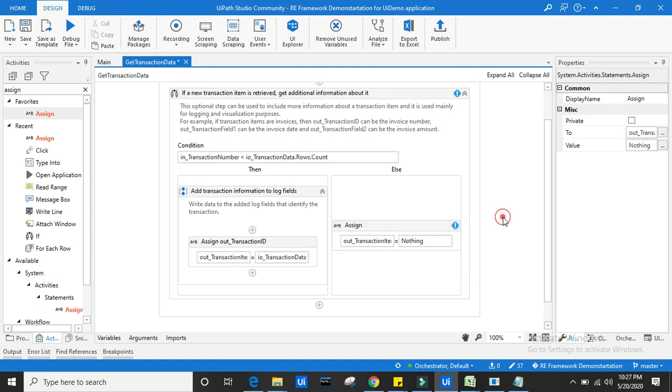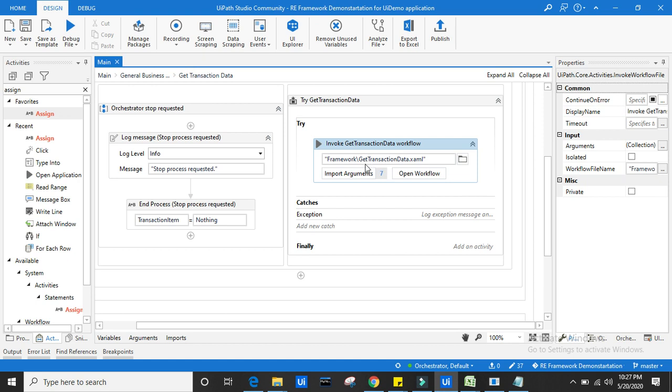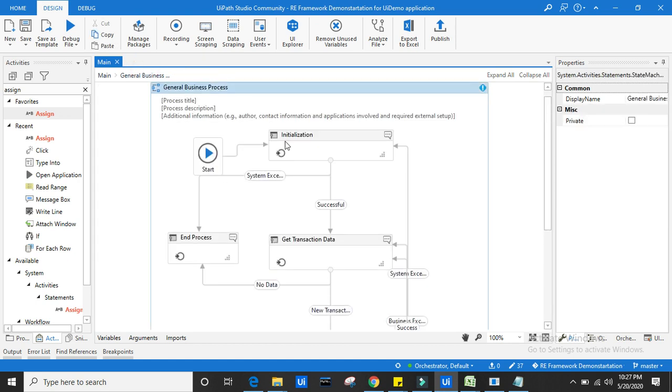When out_TransactionItem is Nothing, the process will end. The cycle should stop and go directly to the end state. So we are done with the Get Transaction Data phase.